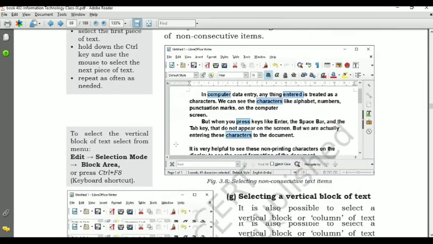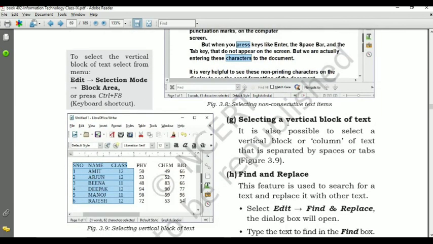Next topic is selecting a vertical block of text. It is also possible to select a vertical block, means text in a column manner that is separated by space or tab. How can we select it?